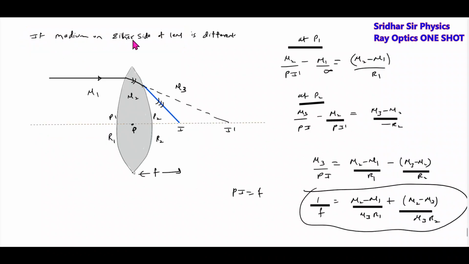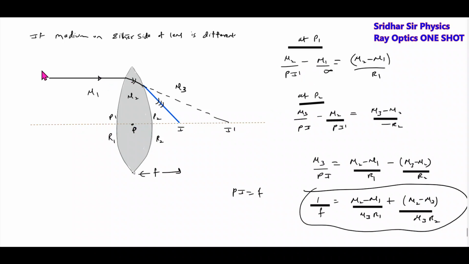Next, if the medium on either side of the lens is different, here mu1, mu2, mu3, we can't use the lens maker formula. Again, we come to refraction at a spherical surface. There's an incident ray. The ray will undergo refraction. The refracted ray is moving in the medium of refractive index mu2, and the incident ray is in the medium of mu1. Applying the refraction formula for a spherical surface, mu2 by v dash